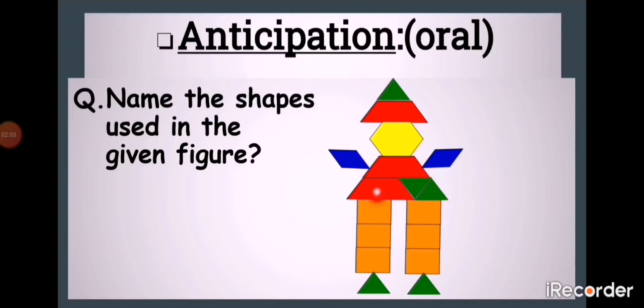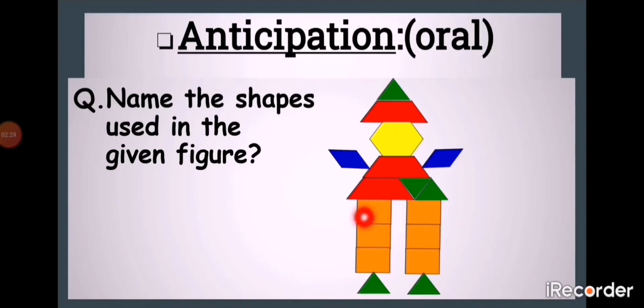The next one, again, you can see in red, green and red. Look at the right, extreme right, red one. 3 sides and 3 corners. It's triangle. And the green one is also, yes, triangle. Now look at this one. 1, 2, 3, 4. Again, 4 sides, 4 corners, but it's an irregular shape because all sides are not equal.